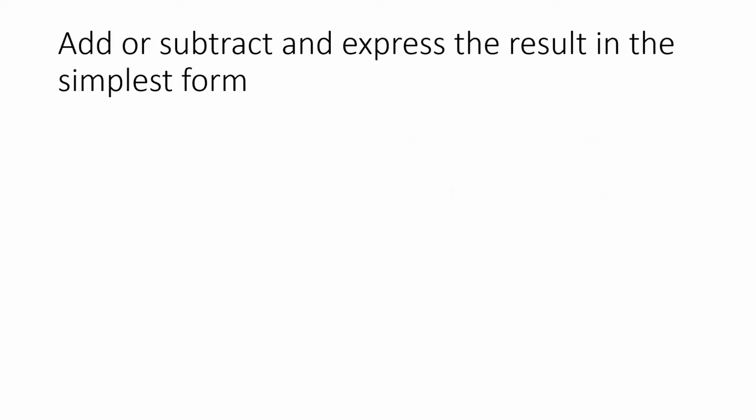Now your first question is this. 2 by 11 plus 5 by 11 plus 4 by 11. Here the common denominator is 11 and we have to add numerators. So 2 plus 5 plus 4 and we will write the common denominator as denominator. Now we will add the numerators. That is 5 plus 2, 7, 7 plus 4, 11. 11 by 11 equals to 1.